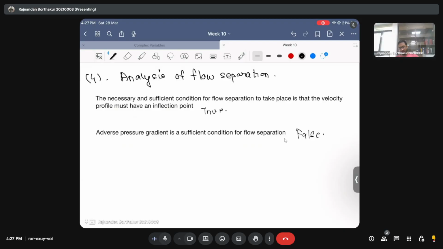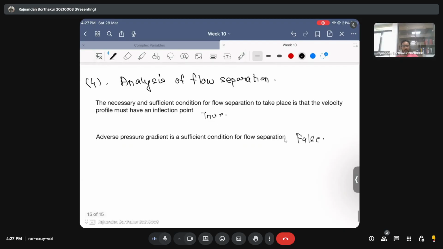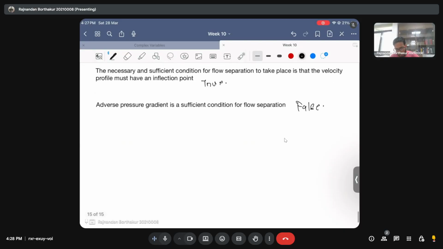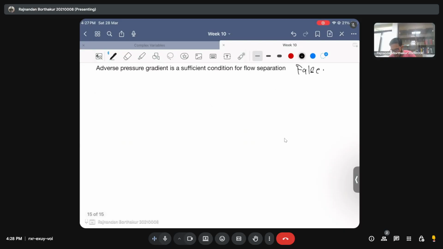But before that, you need to understand under what condition flow separation can take place, if at all it can take place in a flat plate profile. Now the first thing is that in a flat plate, flow separation actually cannot take place because you don't have a pressure gradient in the x direction. The reason behind this is, if you apply the momentum equation in the inviscid layer, you will see that it is basically governed by Euler's equation. So if you write the Euler's equation,